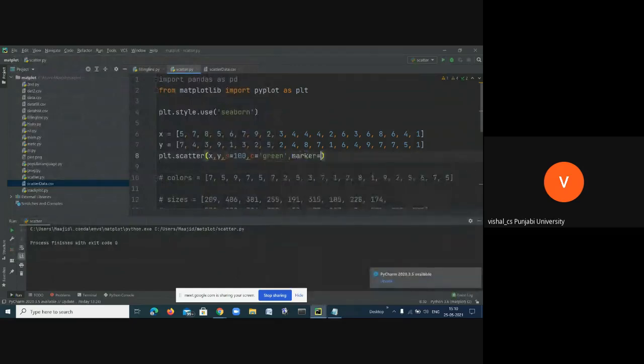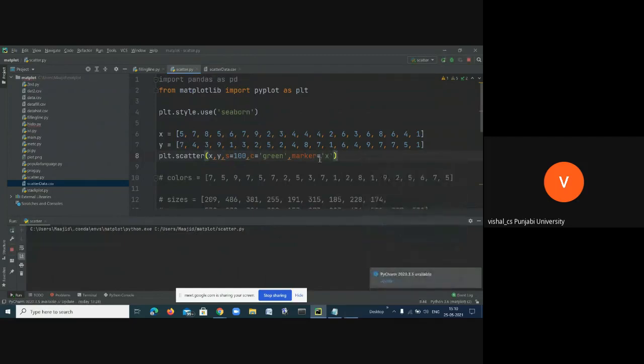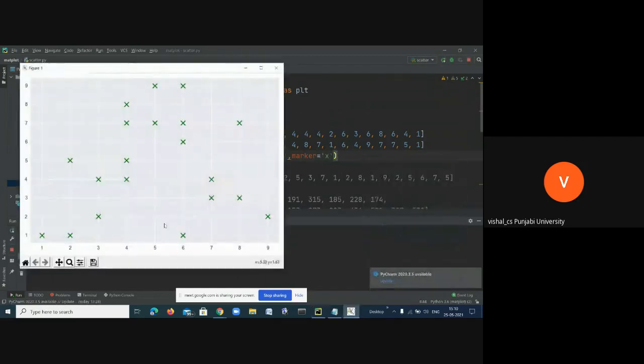I will write marker, and suppose we want to change it to x. See. Yes, sir. Okay, these are the arguments.